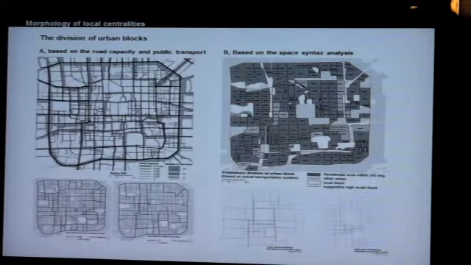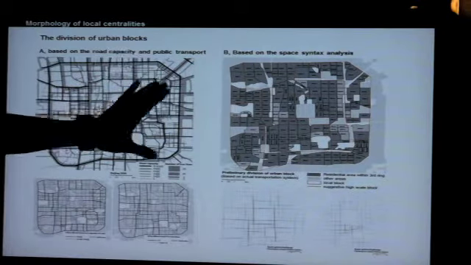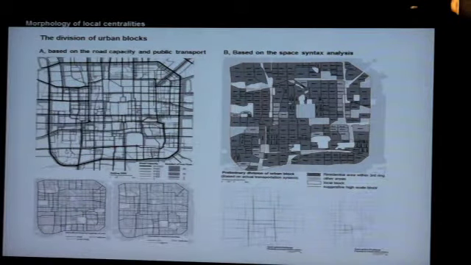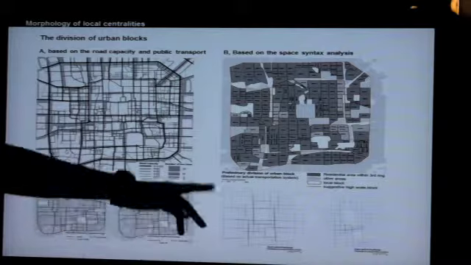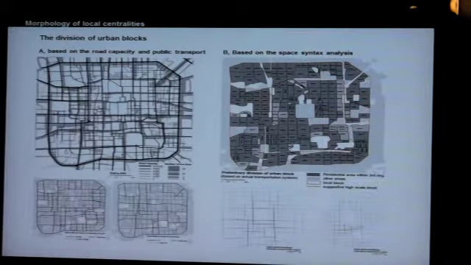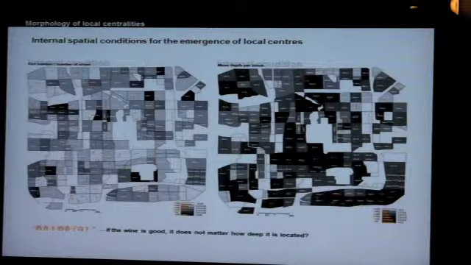And then I divided this research area into different neighborhoods based on the road capacity, the traffic, the public transport, and also use space syntax technique as a kind of indication to divide it into blocks. As a result, there are 225 blocks being studied. And then I start to study the internal spatial condition and the external spatial conditions for the emergence of this